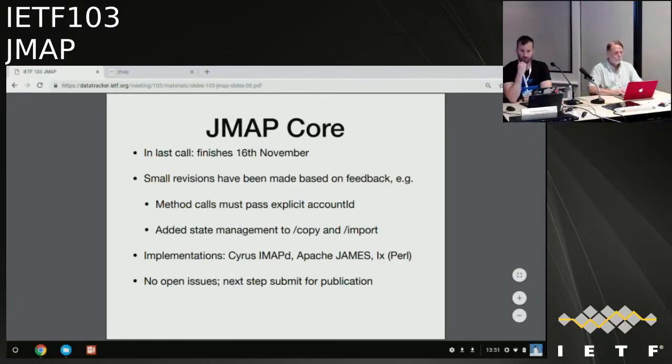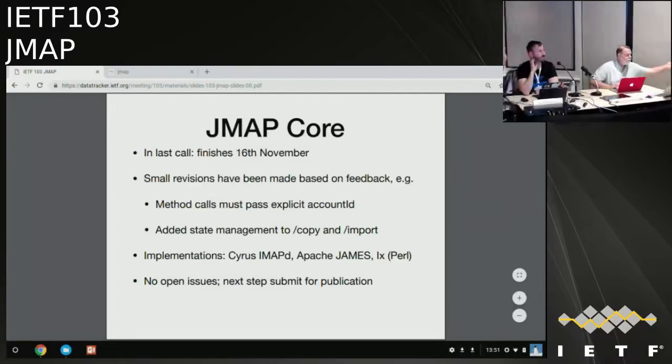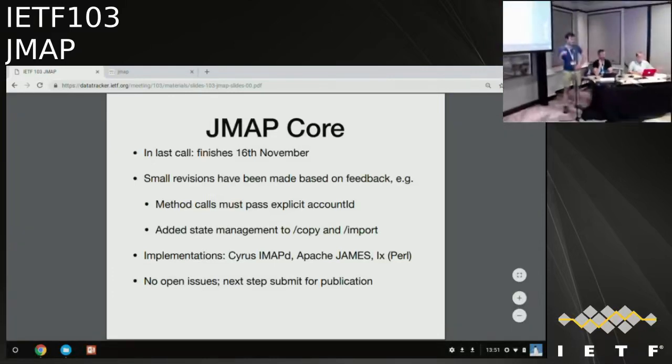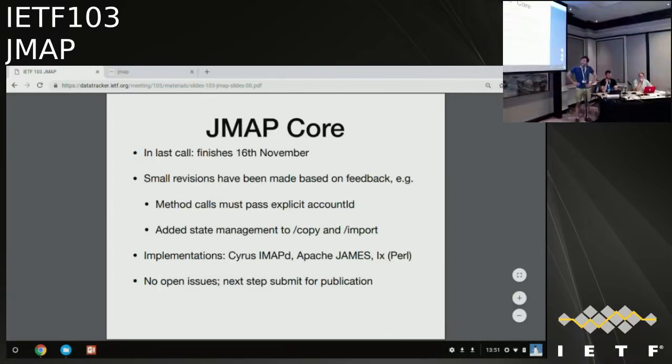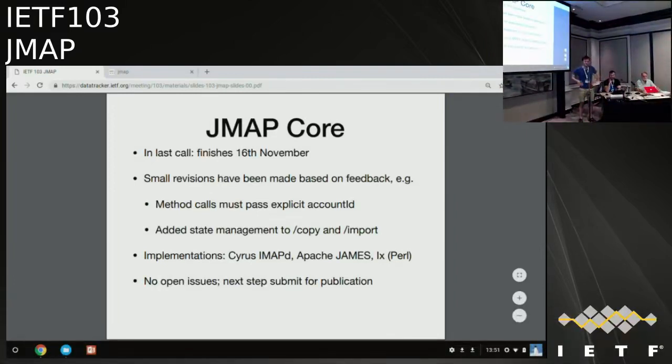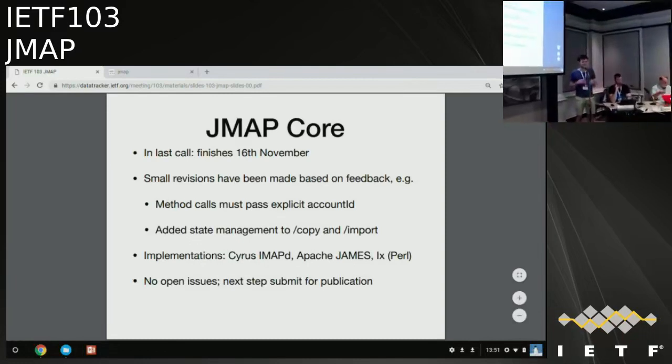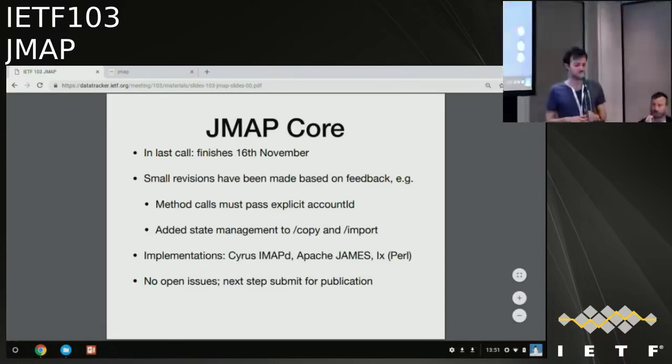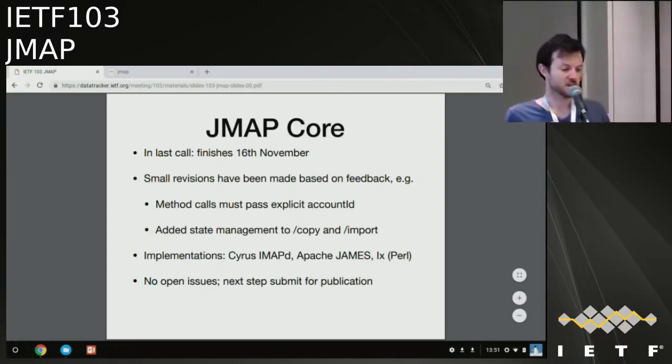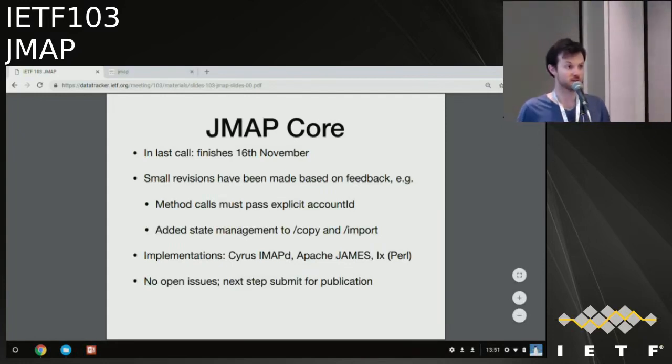I'm hoping this is actually going to be probably quicker than we had on the agenda. I'm just going to give a quick status update. So Jmap Core is in last call, has been for a little while, and we plan to finish that on the 16th, so about a week after this IETF conference finishes. There have been small revisions since IETF 102, but mainly it's editorial fixes. I've gone through and made sure the JSON now passes and isn't full of syntax errors, and they fixed some grammatical nits, and people have sent small amounts of feedback which have been incorporated,